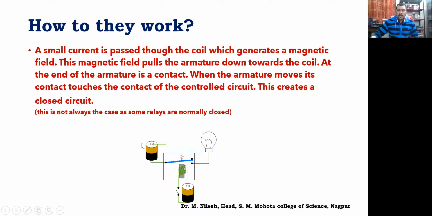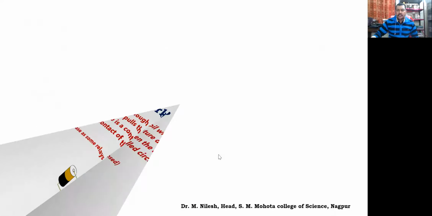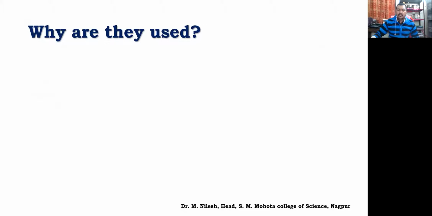So this is the normally closed position, and this is the normally open position over there, right? So this is the working of that. And why are they used? Now, how are they used? They are used in a number of circuits, wherever we have to connect some DC portion, because we are switching DC circuits. We are using these DC circuits to switch our lights on and off.